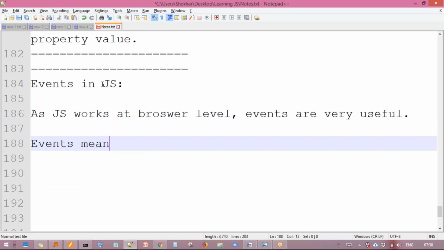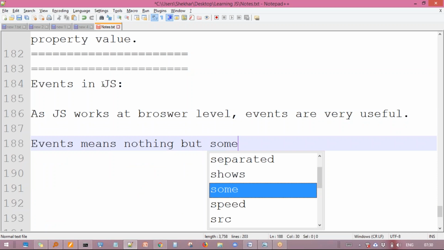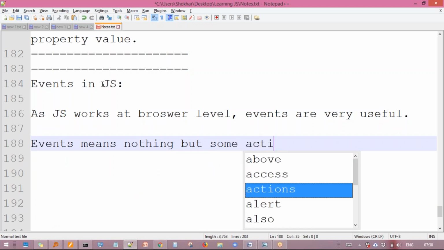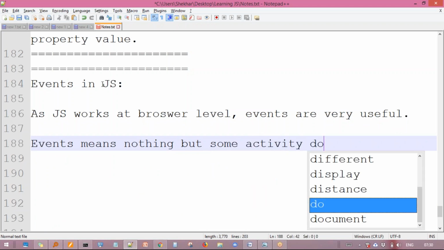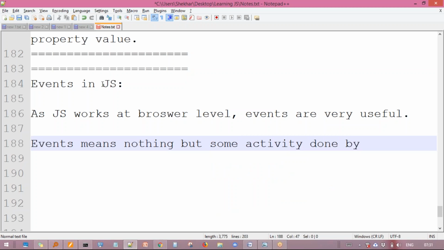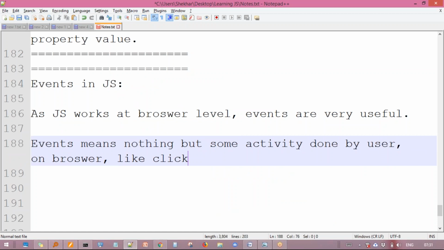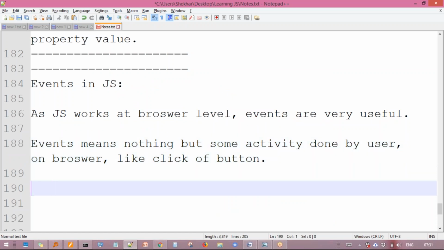Events means nothing but some activity done by the user on the browser, like click of a button, and we mostly respond